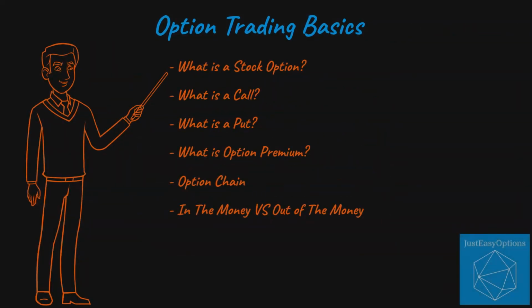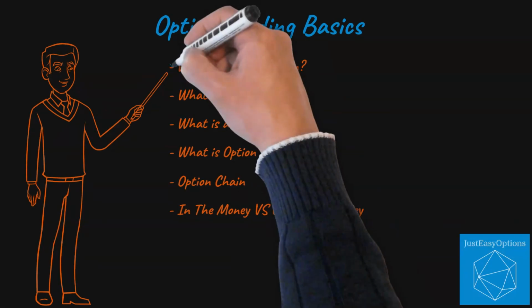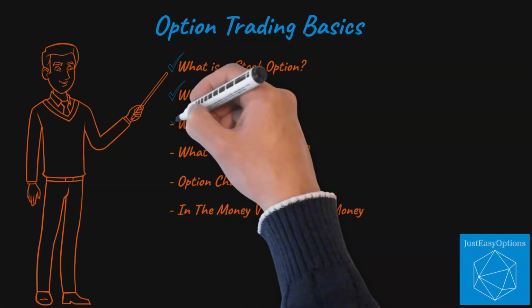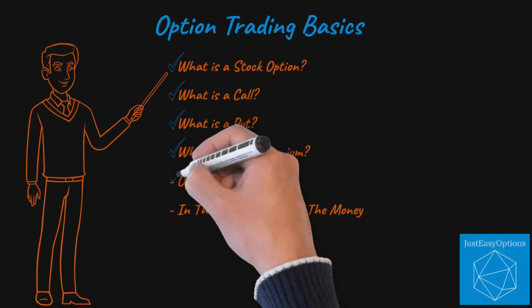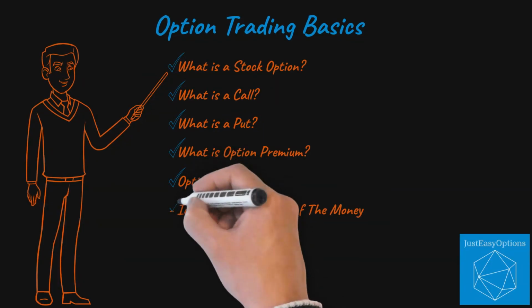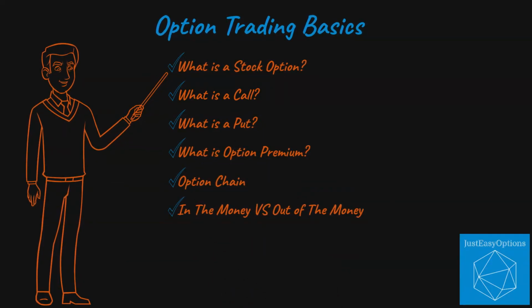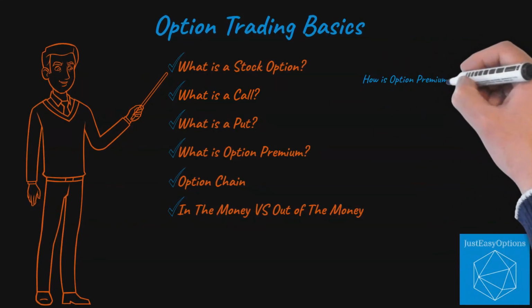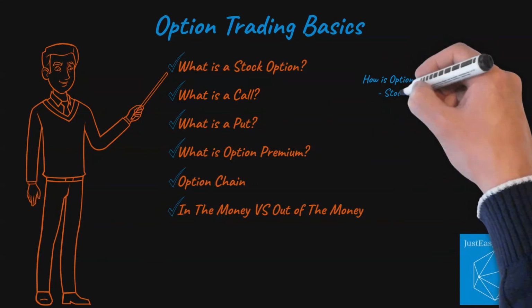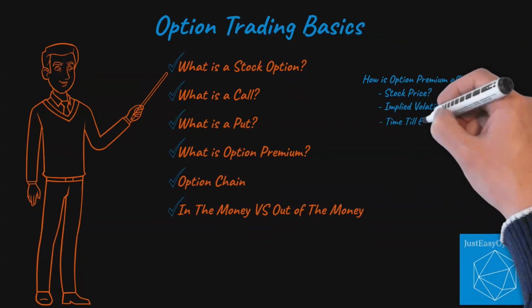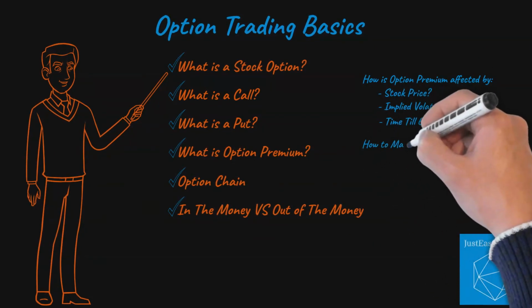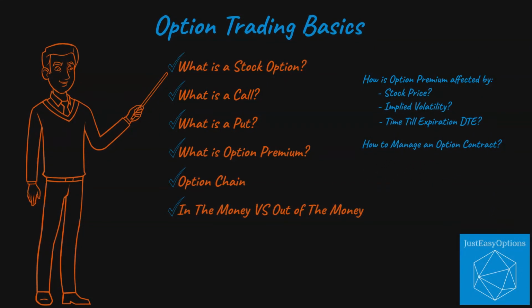So to recap, in this video, we discussed what a stock option is, what a call and put are, what option premium is, and the option chain, as well as in the money versus out of the money options. This is basic knowledge you will need to understand before trading options. However, there is additional information that is very beneficial to understand, such as how is option premium affected by the stock price, implied volatility, and time till expiration, or how to manage an option contract, or how to close an